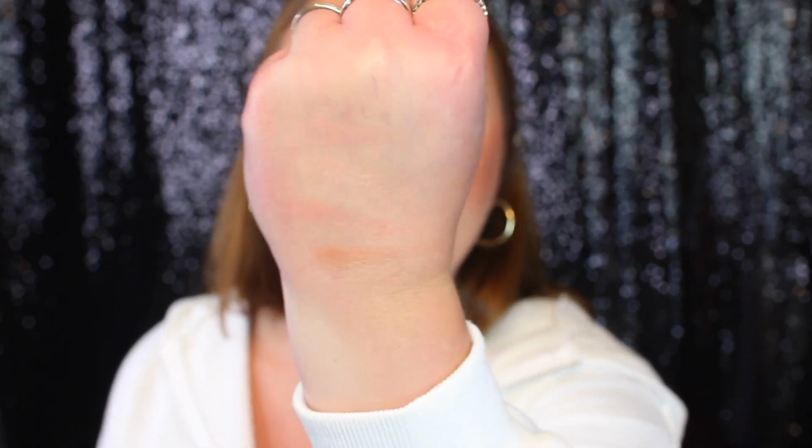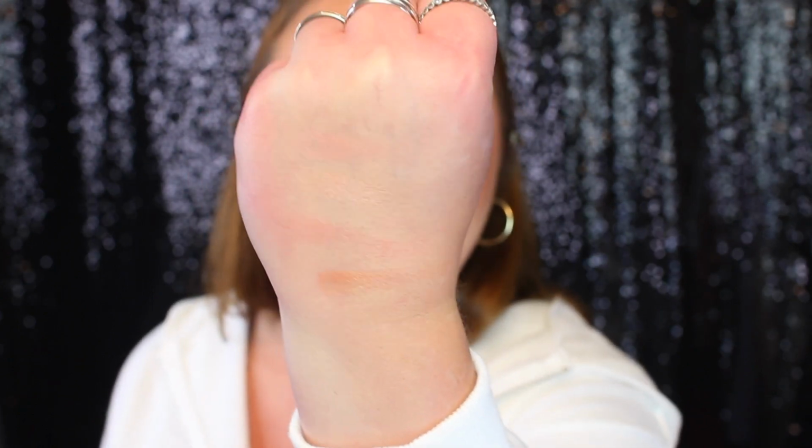3 are matte shades. So here are all the blush shades swatched, and as you can see, they are all kind of fair shades. But the formula, again, is super duper smooth and creamy. So yeah, I think you could actually use the shade Drive Me Glazy as like a blush topper or even